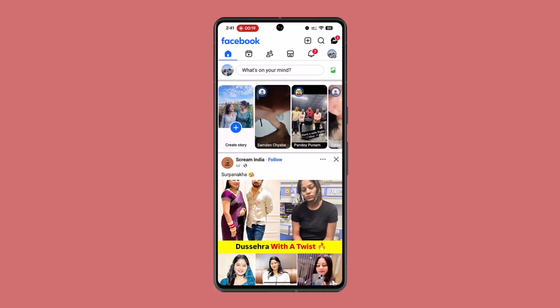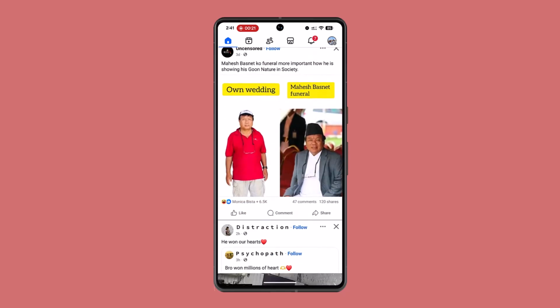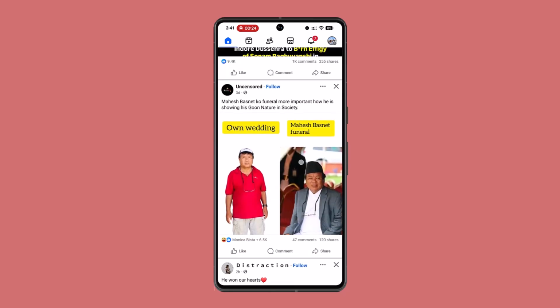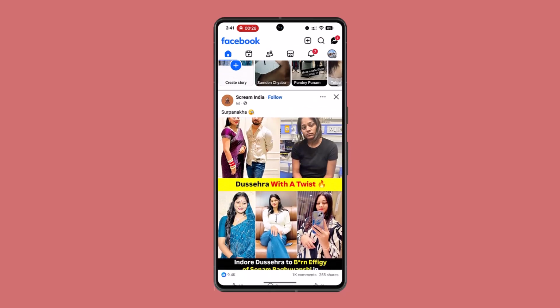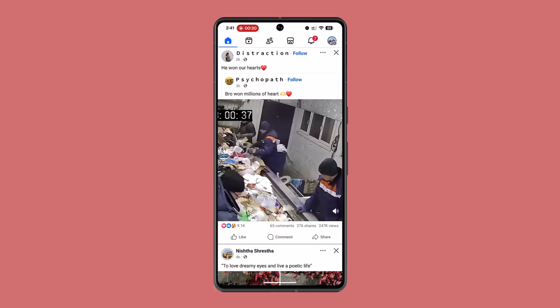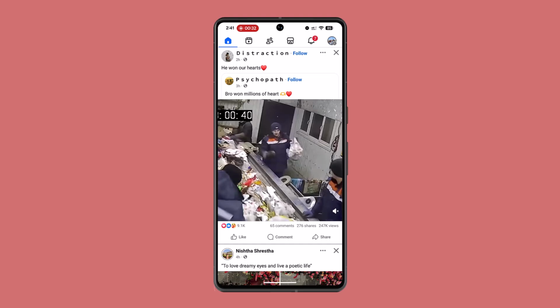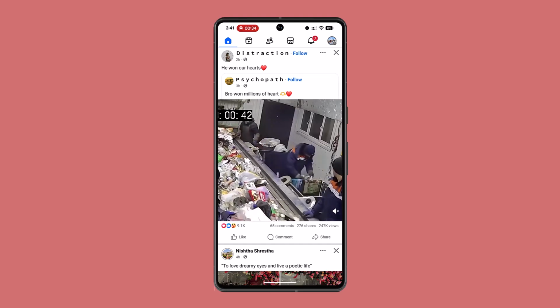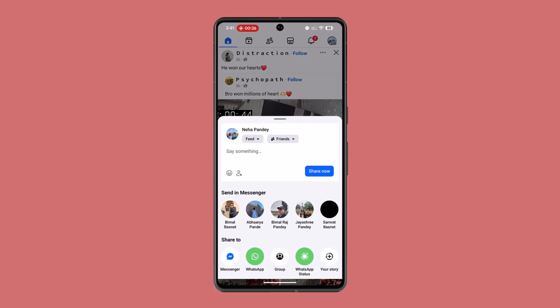Once you're logged into your Facebook application, the interface will look something like this. So what you have to do here, in order to share content, is make sure to go ahead and select the content that you wish to share. Let's see, this is the one. You need to press on the share button at the bottom of the page here, and then you could either